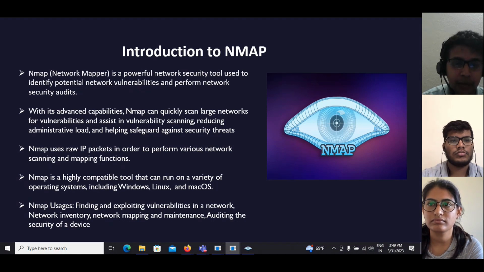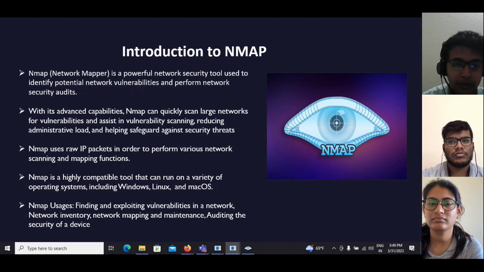NMAP is a highly compatible tool that can run on various operating systems such as Windows, Linux, and Mac OS. The tool is written in C and has a portable code base that allows it to be compiled and executed on different platforms. Whereas coming down to the uses of NMAP, auditing the security of devices or a firewall by